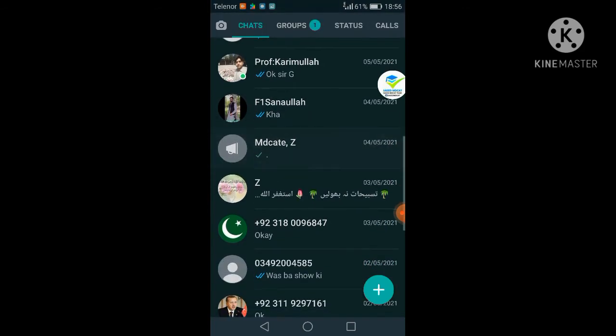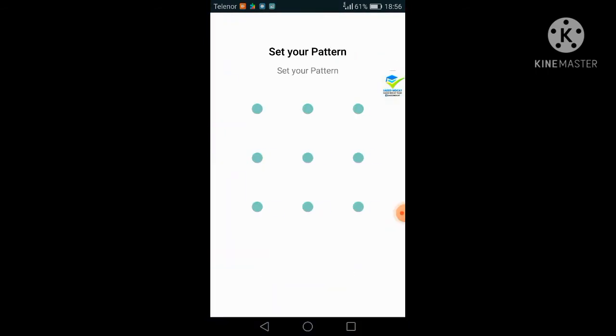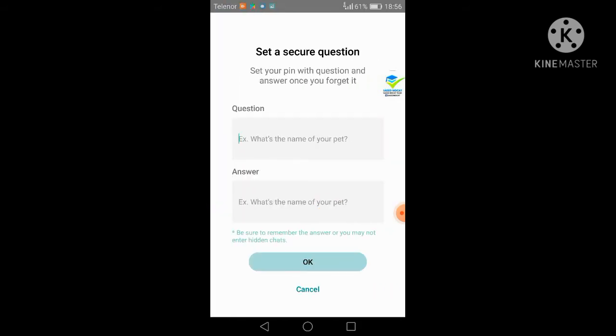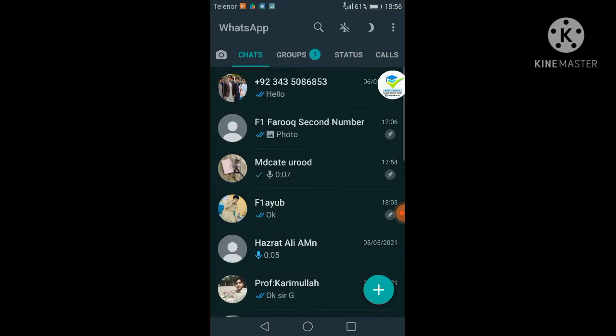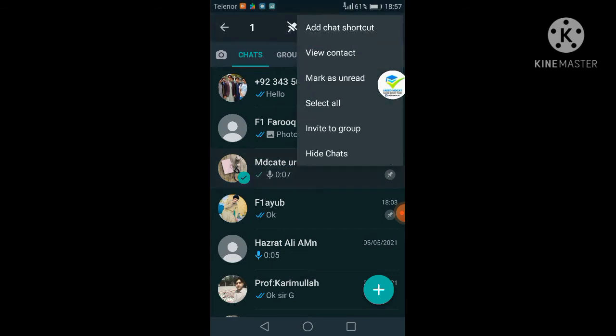If you click again here and click on hide chat, you have to enter the password. So any chat you have, you can hide from here. Okay, so this is all the options about chat.